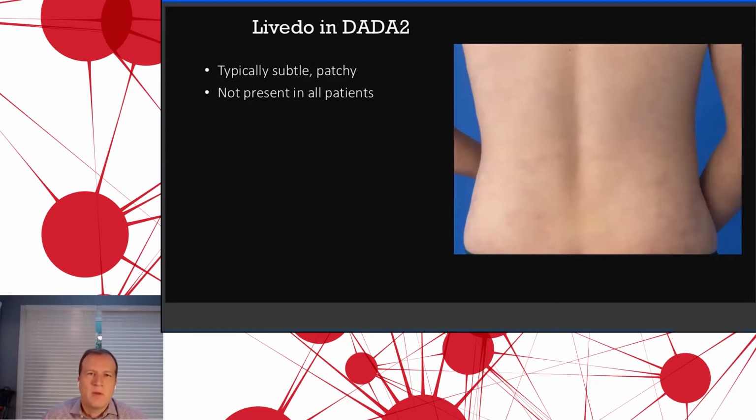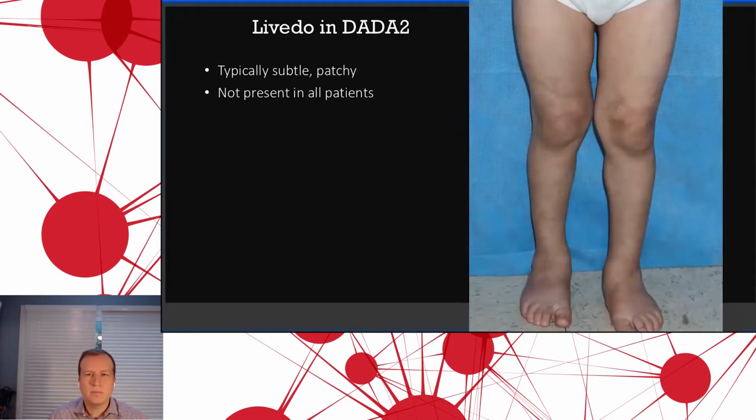Moving on now to the livedo pattern in the skin. In dermatology, we always want to show the most extensive, impressive skin pictures, but I think it's important to start with some of the more subtle involvement. This is actually one of the differences, as we'll see in a comparison later with classic livedo reticularis. Many patients have just patchy involvement of this livedo pattern of the skin, and it can be quite subtle. Certainly we see patients who we know have DADA2 who don't have any visible livedo pattern to the skin at all.